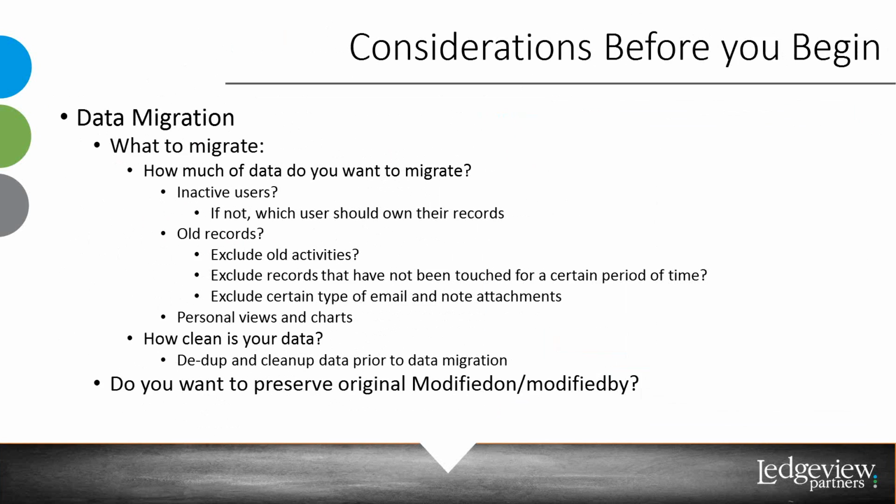instance. Older records, can you exclude older activities? Maybe you only want to move 2 or 3 years of activity data. Some of that's going to probably depend on your industry and your situation. Obviously, if you've got some auditing considerations, you might not be able to delete old records from your CRM, but if you can, it definitely helps to exclude older records. The same thing goes for records that just haven't been touched in a long time. Do you really need a contact if you've never associated it with anything, and it hasn't been maintained in 3